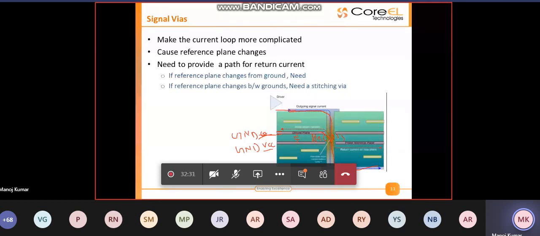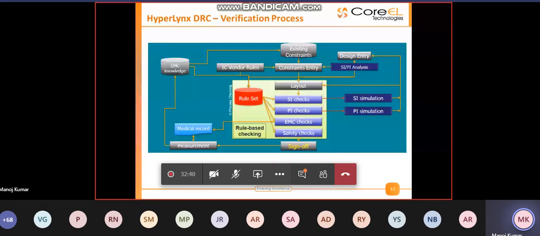So we have a solution from Hyperlinks known as Hyperlinks DRC. Hyperlinks DRC is basically an electrical verification process which allows the user to detect signal integrity, power integrity, and radiated EMI challenges in the design.